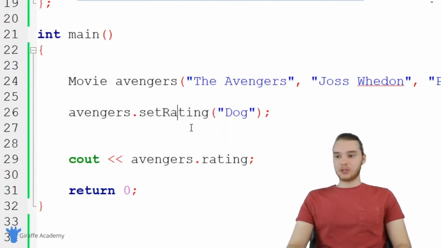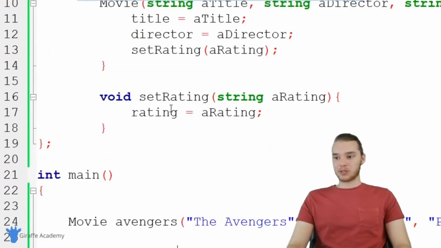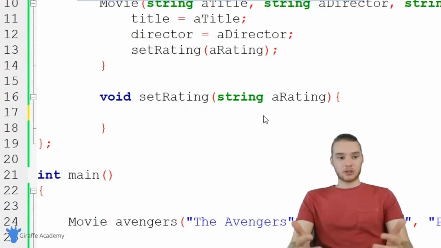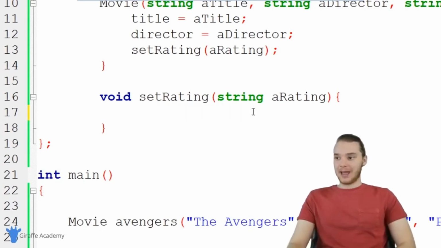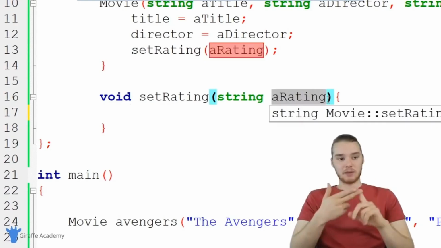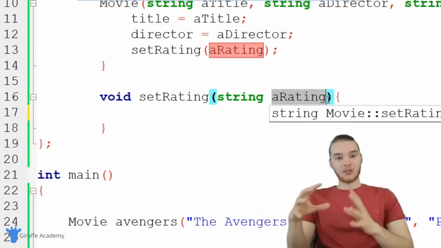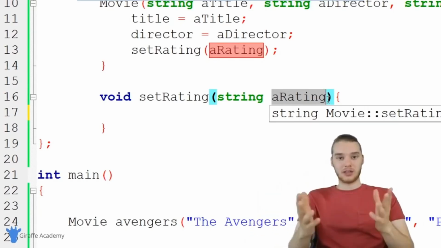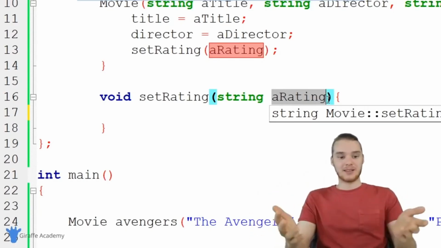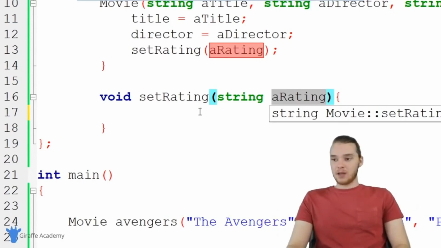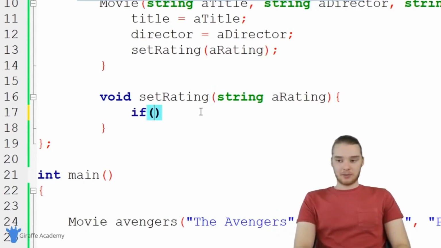So essentially what we can do now is we can set up some rules. So I can set up some rules inside of this set rating function for what ratings are going to be valid. So I'm going to go ahead and do that. Essentially what I'll do is I'll create an if statement. And if the rating that gets passed in is one of the valid ratings like G, PG, PG-13, R, or NR, then we'll let them set it. Otherwise, we'll be able to essentially throw an error, or we'll be able to say, hey, this is an invalid rating. So down here, I'm just going to create an if statement,